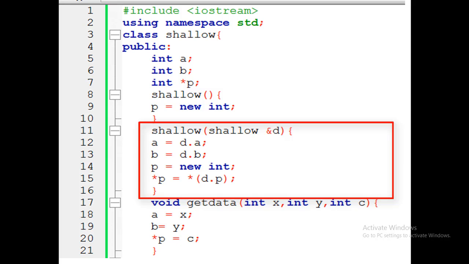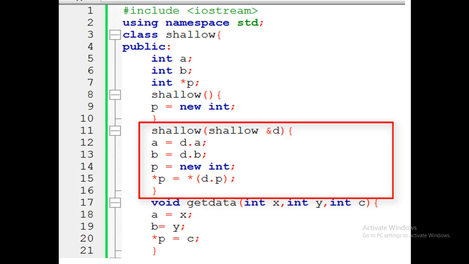Whatever value we pass in D.A, where D shows the previous object, would be copied into A. Whatever is in D.B would be copied into B. And again we create a separate space, a copy for the pointer object.